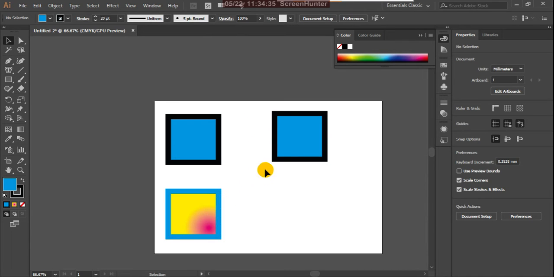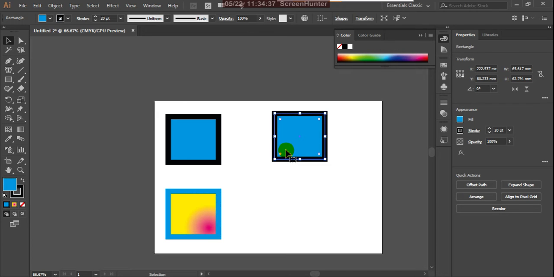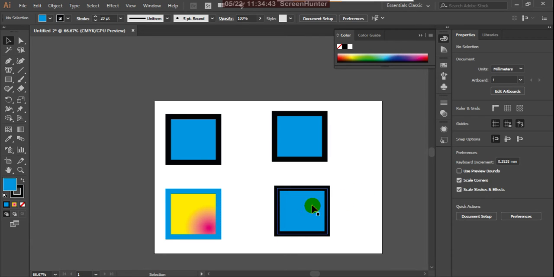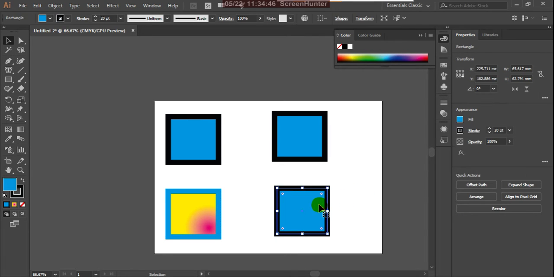Then here, what I'm doing, just drag this and copy here. You select this and the eyedropper tool, and suppose here I click on that, it automatically copies this color.